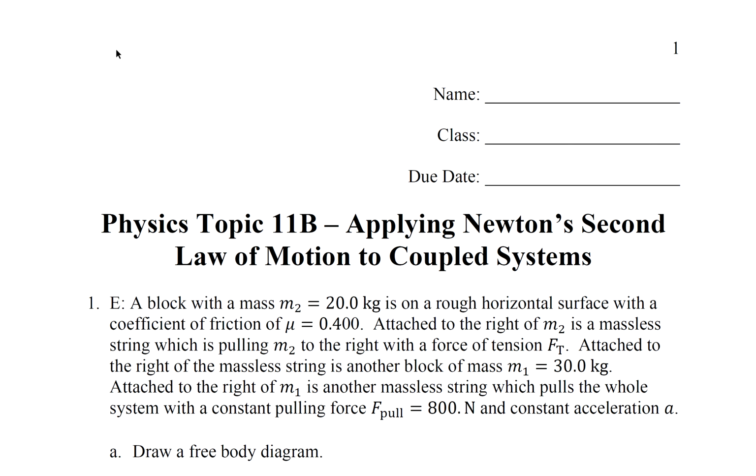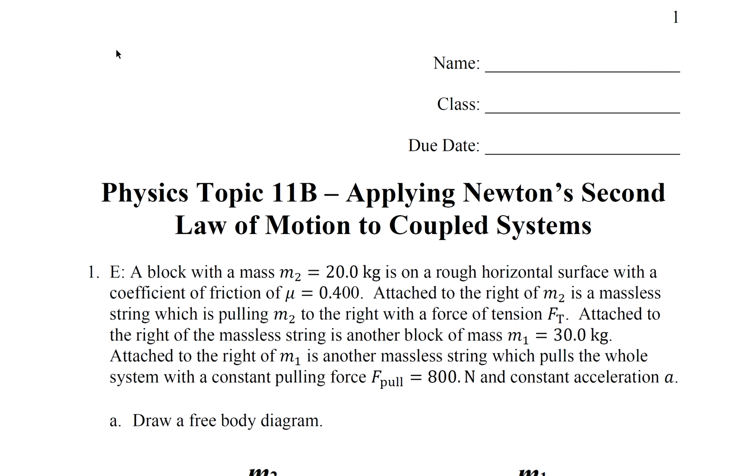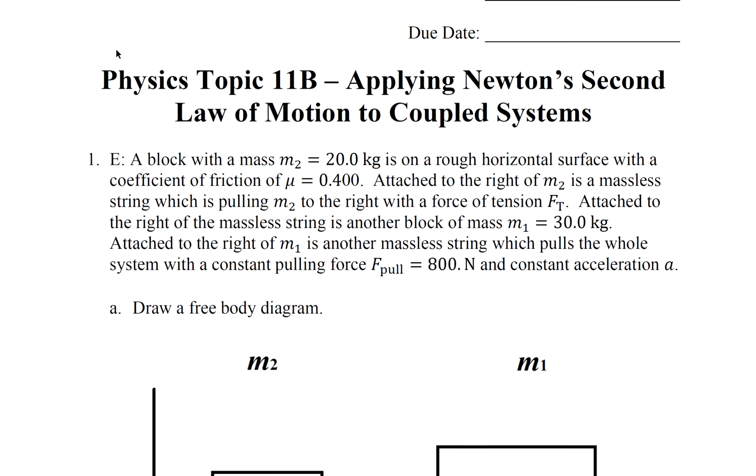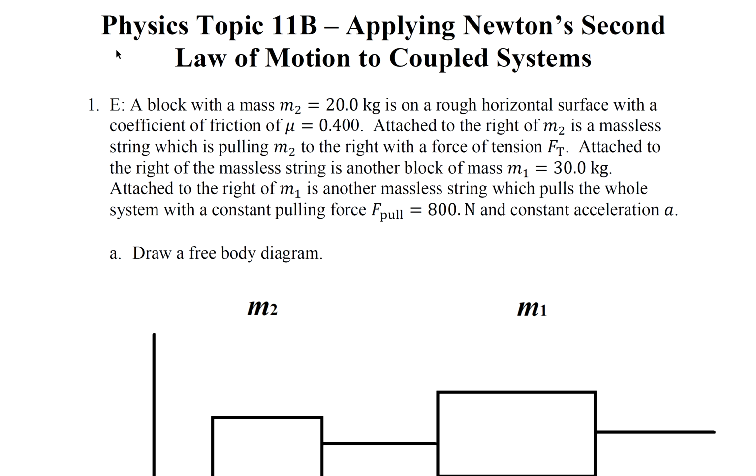This video is on applying Newton's second law of motion to coupled systems. So coupled systems is pretty much two or more objects connected to each other by massless strings. Question 1. A block with the mass of 2 kilograms is on a rough horizontal surface with a